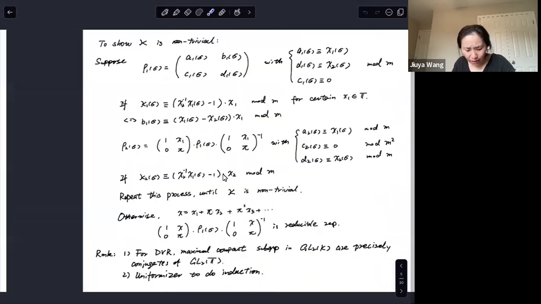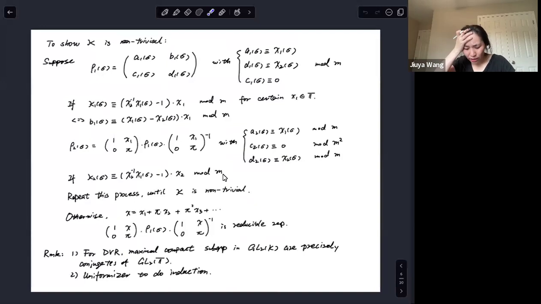And a second important point is that for a DVR, we can actually use the uniformizer, which is the generator of the maximal ideal, to construct these matrices to make the conjugation. And that's why these arguments cannot be readily generalized to general T. So now,